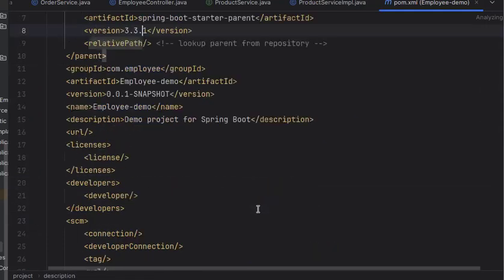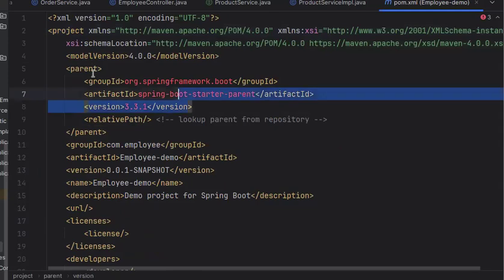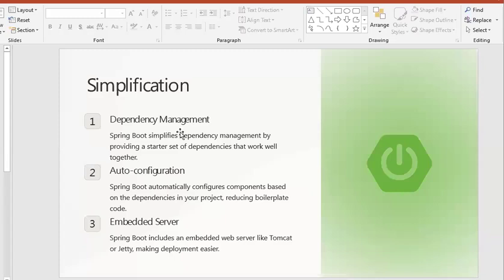Here, if you see, we have added the version on the starter parent itself. So based on this, it is configuring our Spring frameworks and the dependencies. It is managed by Spring Boot itself. That's why it is said dependency management is simplified by the Spring Boot framework. Then auto configuration. Spring Boot automatically configures components based on the dependencies in your project, reducing boilerplate code. So it means